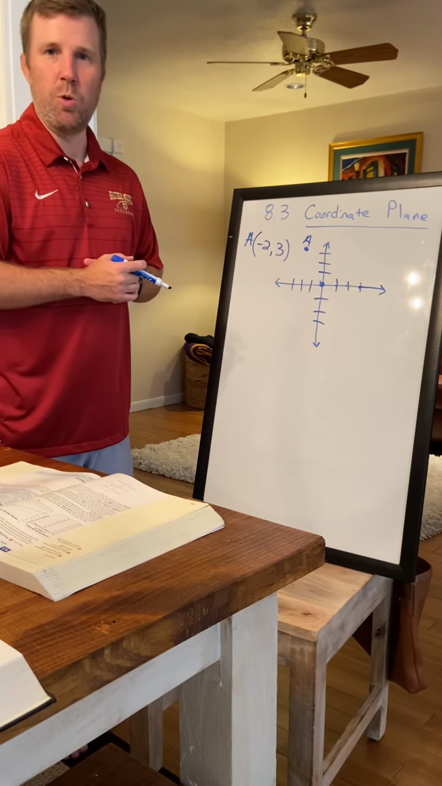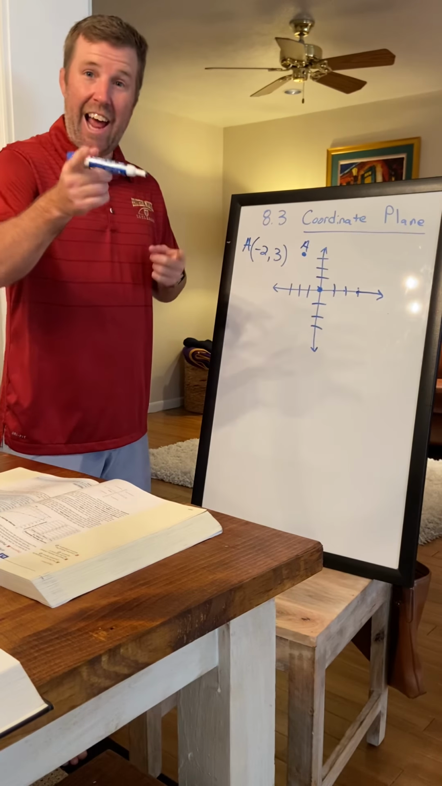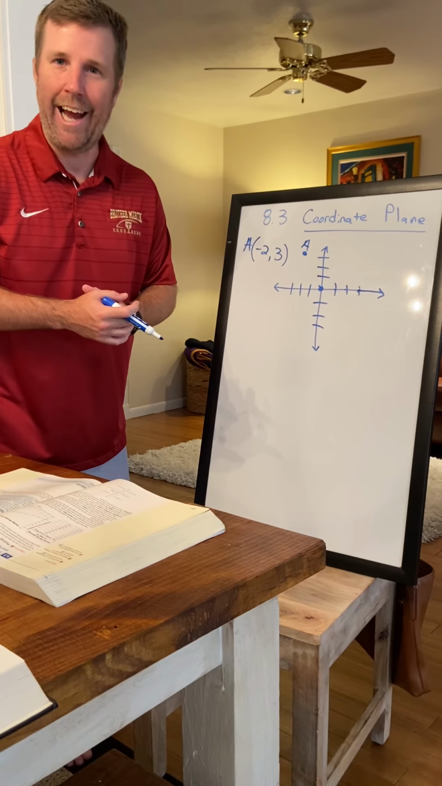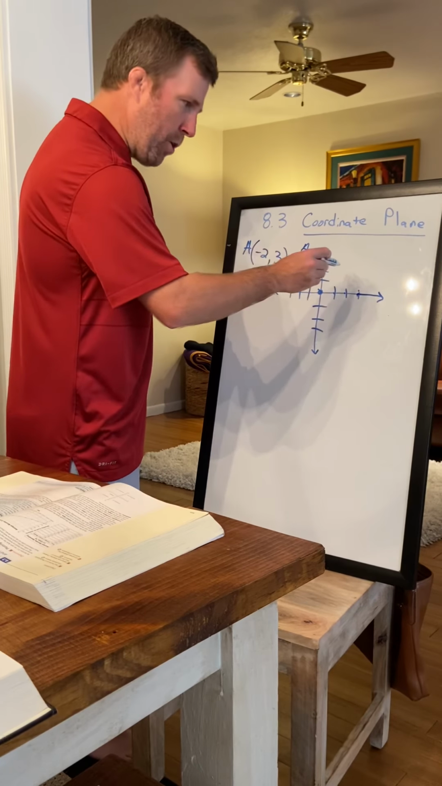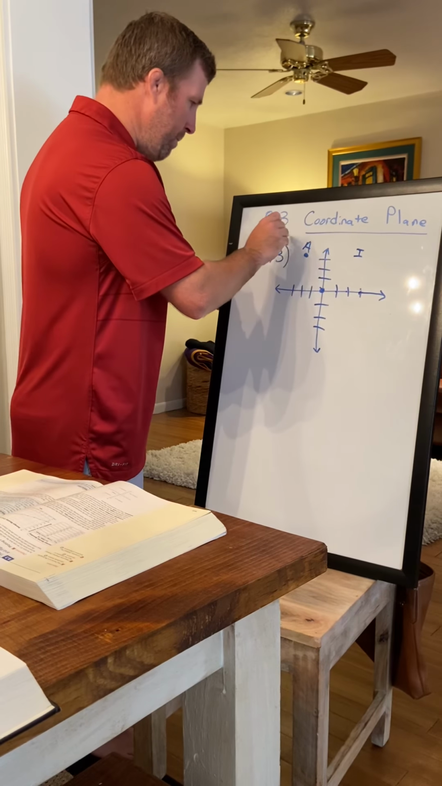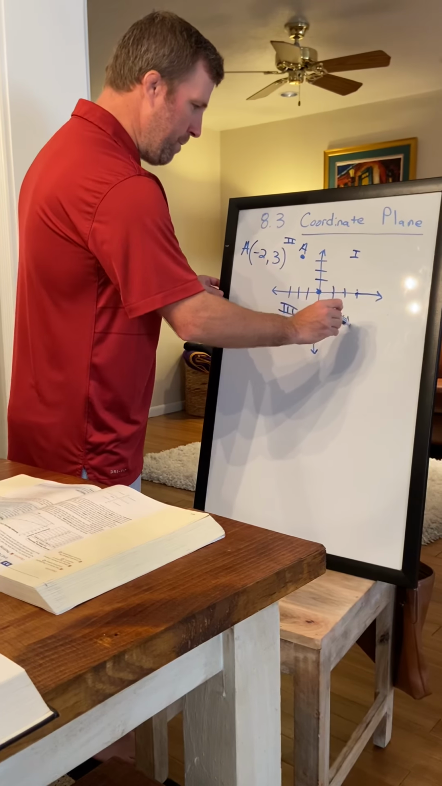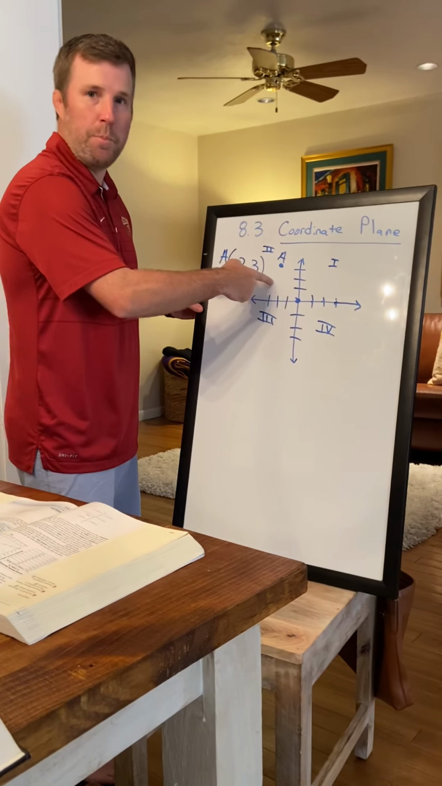is -2, 3. Now, if I asked you, in what quadrant is point A? Well, remember the quadrants. Quad 1, quad 2, quad 3, quad 4. Obviously, point A falls